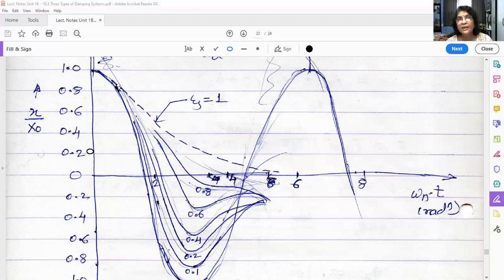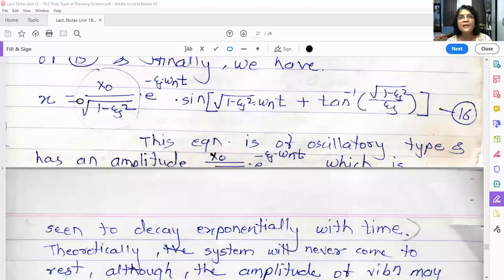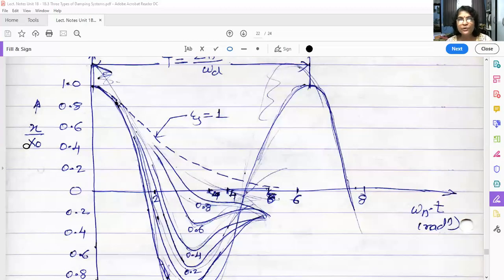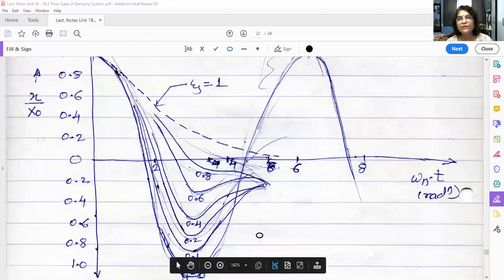I forgot to tell you, this is the dimensionless term, that is x upon xo. How will you get it? See here. When I bring this capital XO on the left hand side, LHS becomes x upon xo. That is the ratio of two displacements, so it is a dimensionless term. So x upon xo is equal to 1 upon square root of 1 minus zeta square into the remaining terms. So we are plotting the graph of x upon xo versus angle in radian, that is omega n into t. So let us consider the graph for zeta is equal to 0.1.